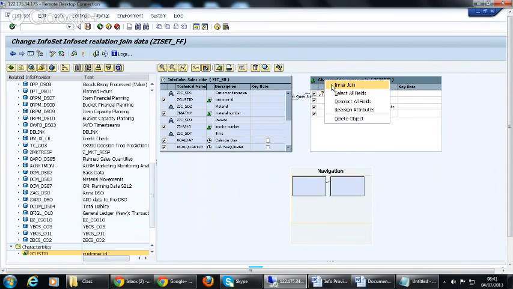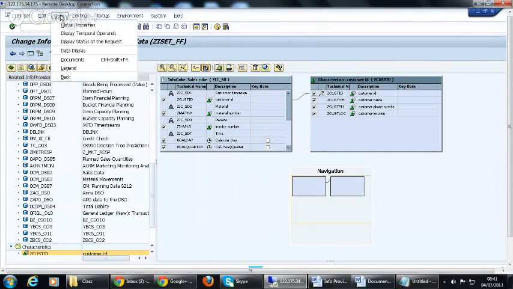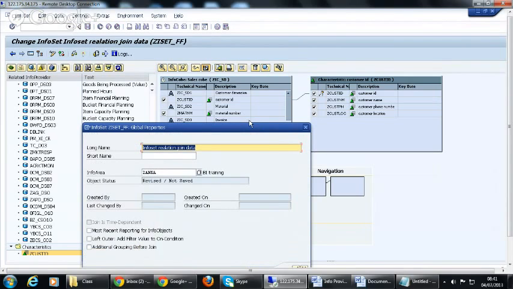So by default, it is always inner join, and if you want to change it to left outer join, you can right click on the right side operand and change it. Here, when you go to the settings, to the go to option, you have global properties. Click on the global properties.